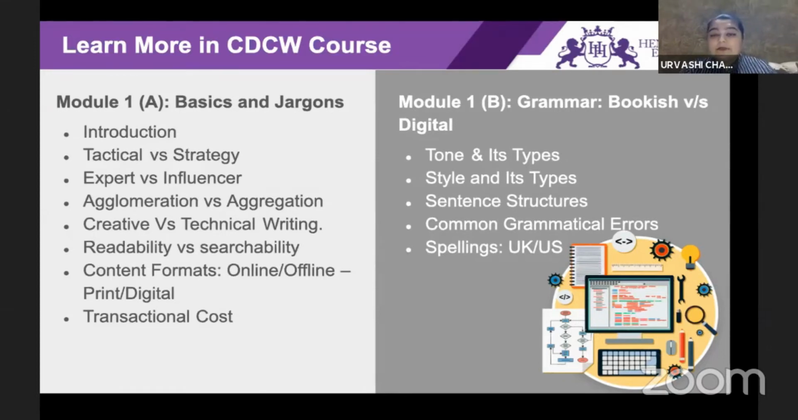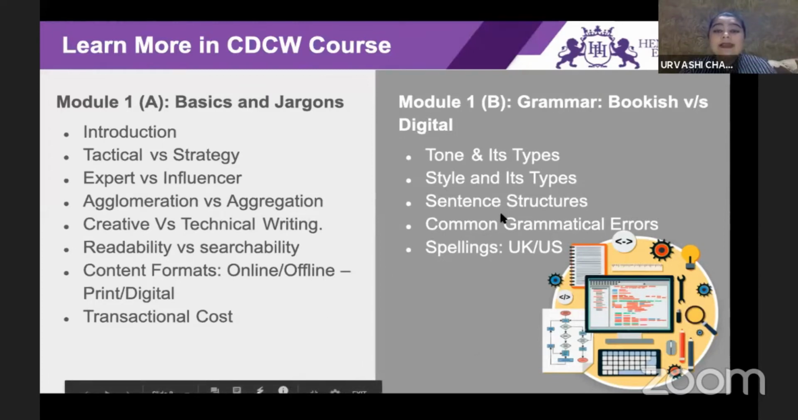Readability versus searchability. When you look at content, is it readable? And versus searchability on the internet, what are the key factors that we need to consider there? The content formats, both online versus offline, print versus digital. The transactional cost, even the cost structure that is involved when it comes to print versus the other part. The second module of this content talks about the tone and its type, the writing styles, and how a writer needs to be different. Sentence structure, common grammatical errors,